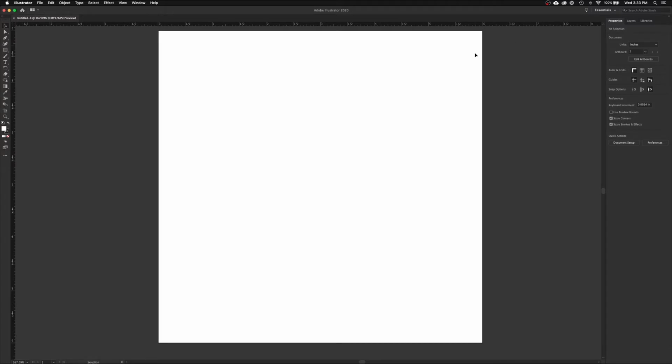So let's start customizing this workspace for how we work. I'm going to set this up in the way I work. You can utilize that layout, or you can figure out how you work and open up different panels and save your own workspace. So the very first thing I want to do is go up to